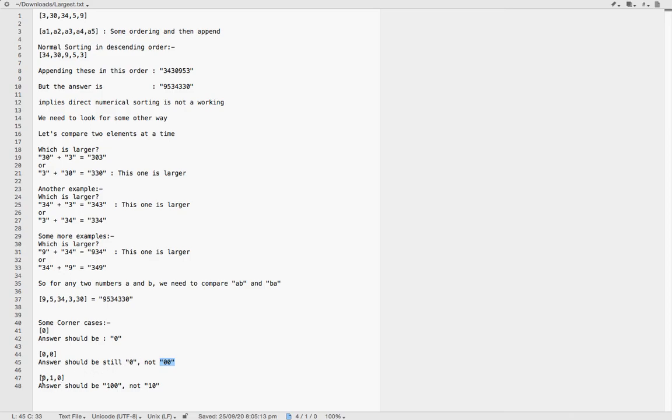If we are given 0 1 0, the answer should clearly be 100 and not 10. So the only thing we need to check is if all the numbers are 0, then we return only 0. Otherwise, if there are many zeros and at least one number is greater than 0, the zeros can be appended at the end instead of being considered leading zeros. That way it will give us larger numbers.